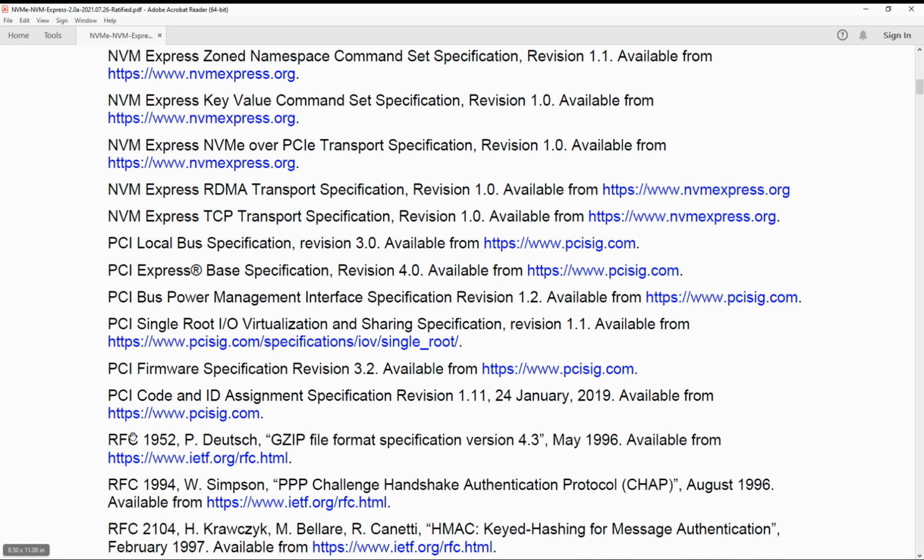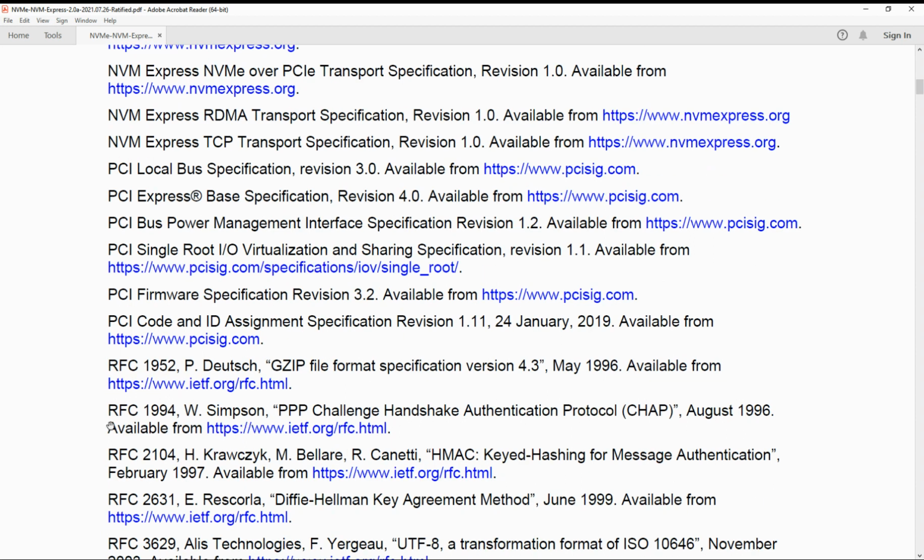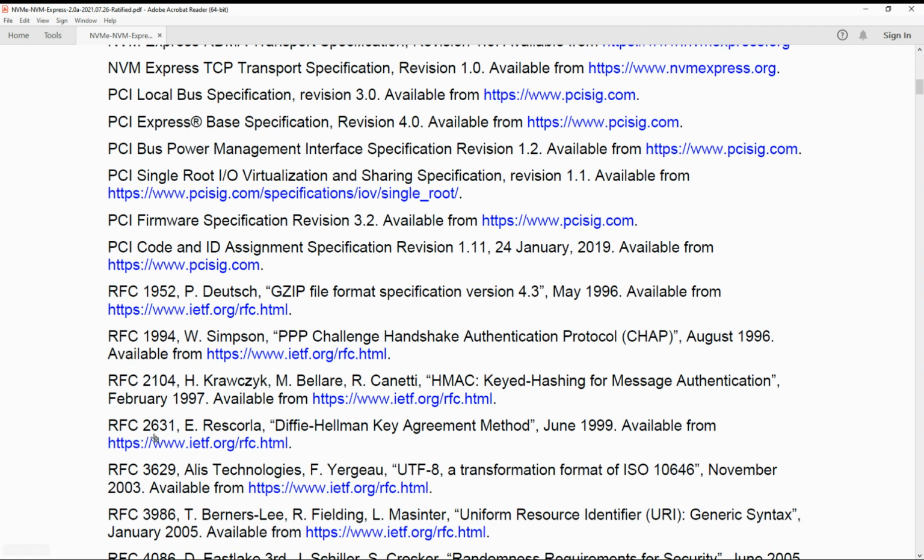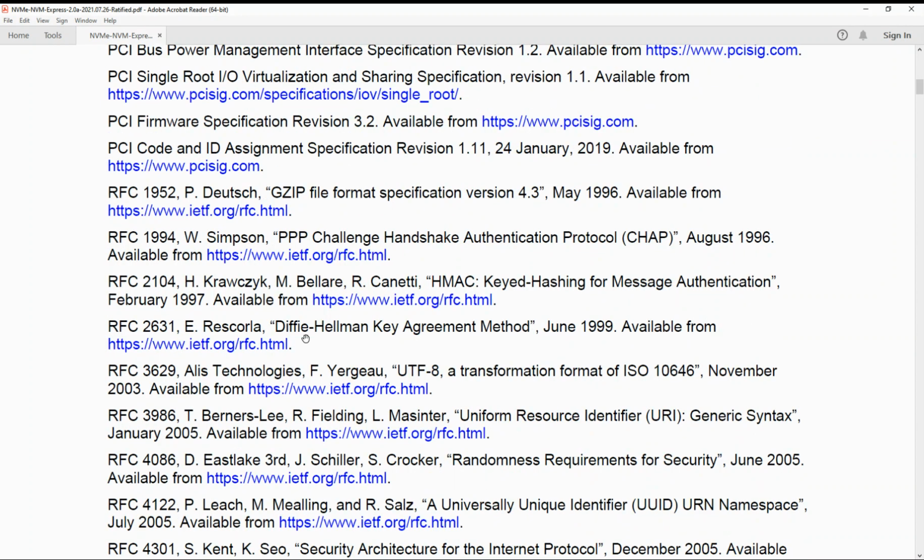1.11, and RFC 1952 GZIP file format specification version 4.3, and RFC 1994 PPP Challenge Handshake Authentication Protocol, RFC 2104 HMAC keyed-hashing for message authentication, RFC 2631 Diffie-Hellman key agreement method, 3629 UTF-8, a transformation format of ISO 10646, and